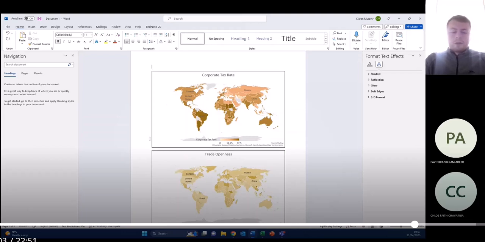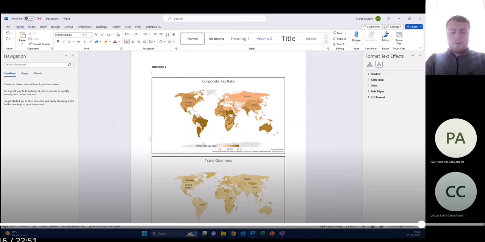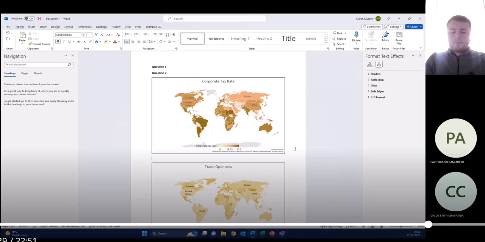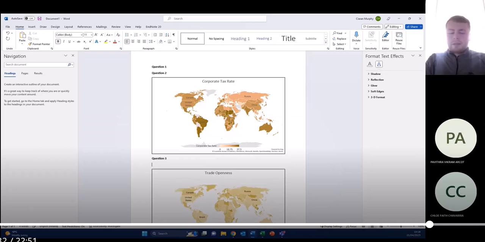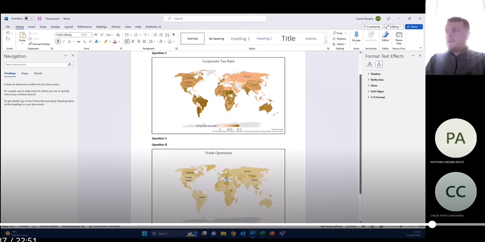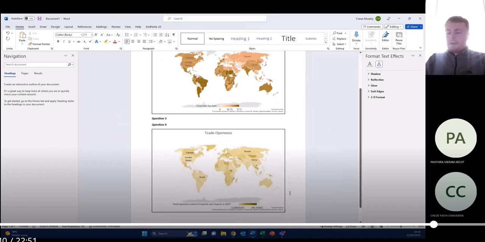Okay, so this is your Word document. First you're going to have question 1. So format this like you would with any other assignment, with a heading, you know, EC 103, quants, assignment 9 or whatever it is, your name and student number. So question 1, and you'll give your answer to question 1 there. Then question 2 is the corporate tax rate map. So that's that. Question 3 then, after that, is what is trade openness? And again, I'll let you do that yourselves. And then question 4, it's your trade openness map here. And then question 5,